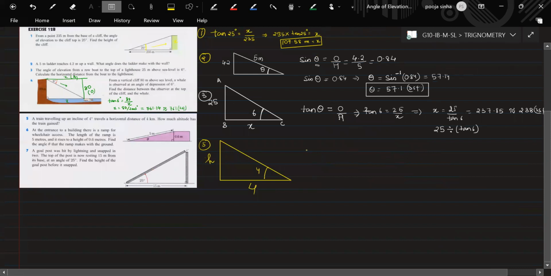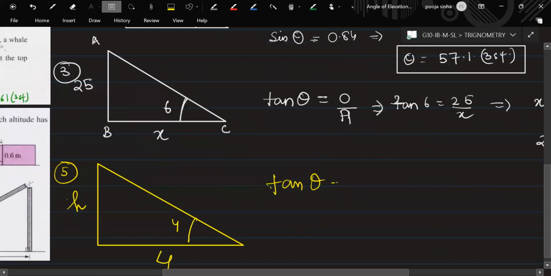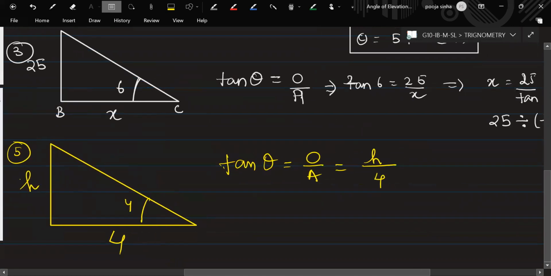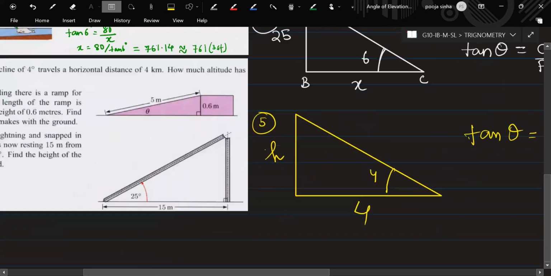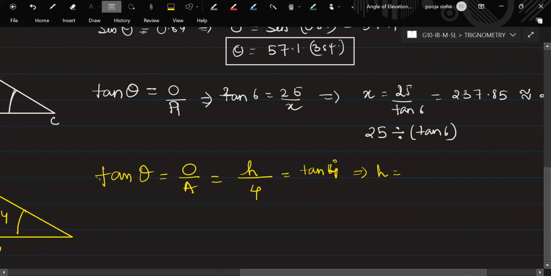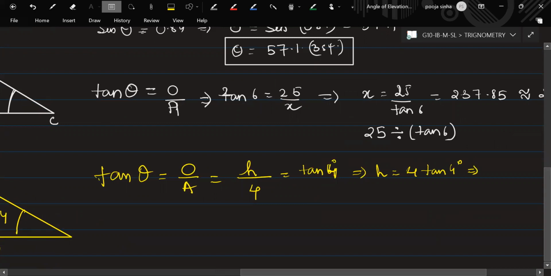So you said you will use tan theta is equal to TOA, right? Opposite is h, adjacent is 4. That should be equal to tan 6 degrees, correct? 6 degrees is the value, right? 4 degrees. No, sorry, 4 degrees, right? So h would be 4 times tan 4, 4 times tan 4 degrees, which is equal to